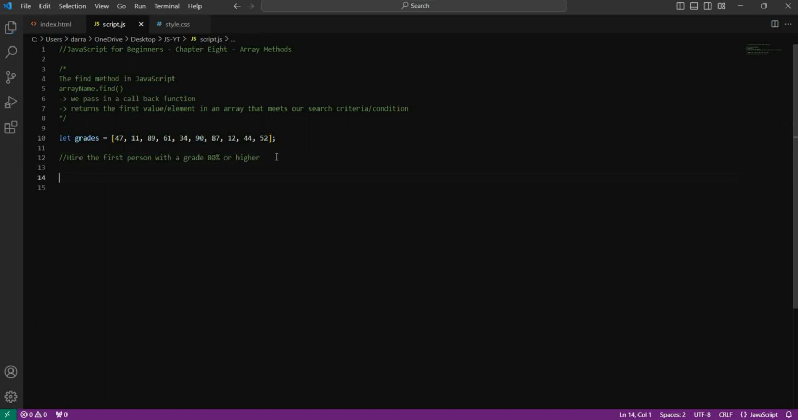The tech giants come in and they just say, who got a grade of 80% or higher? The first person they see that meets that criteria, they say you're hired, come with us, and that's it, it's over, okay? So how this would work is if we're searching for 80% or higher, 47 is not greater than or equal to 80, neither is 11, but this person here, 89, that is the first score that meets our criteria, so